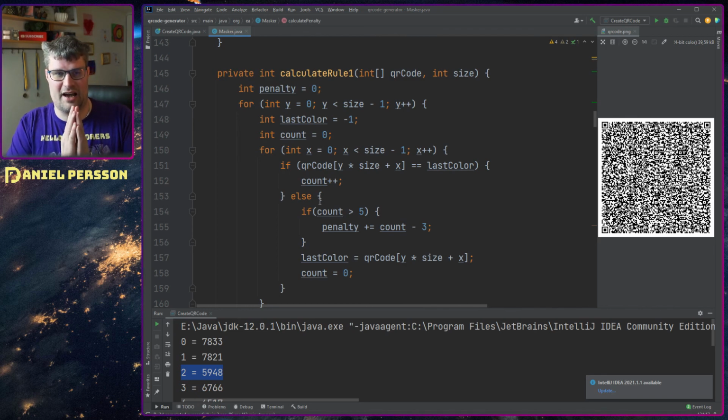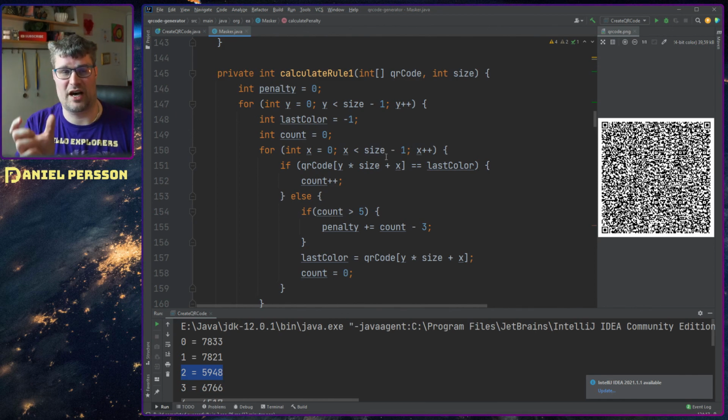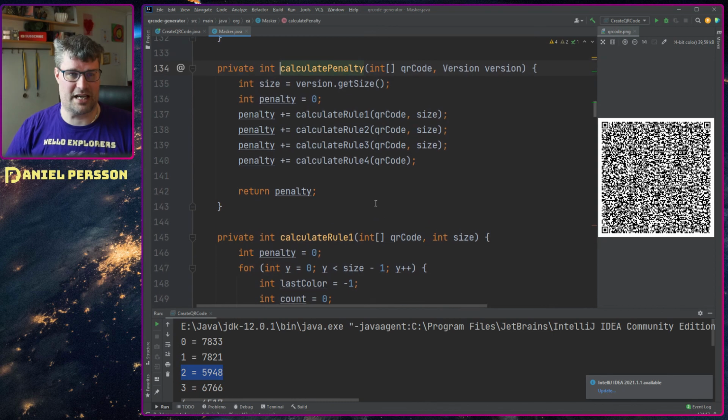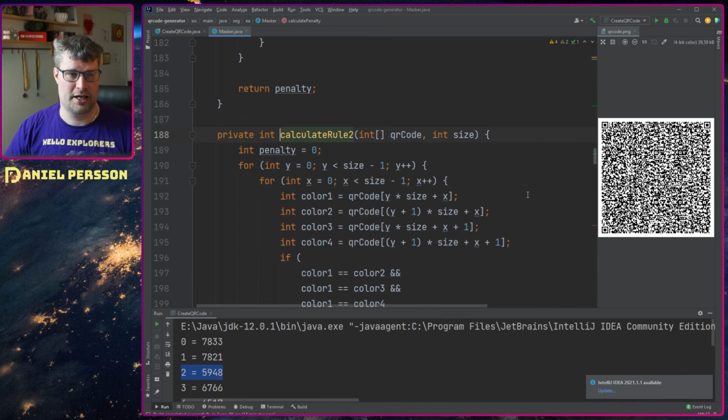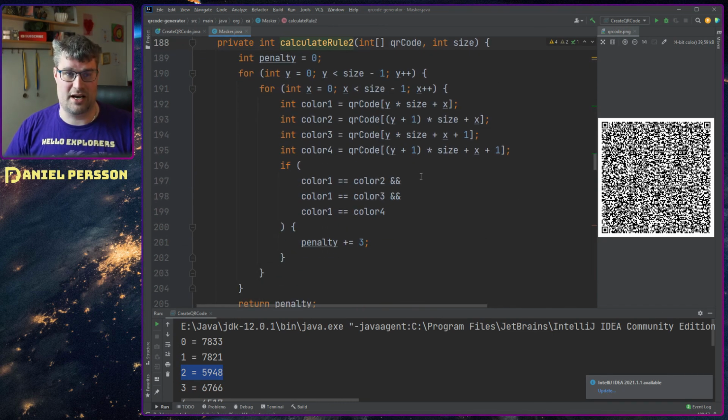So in every module over 5 will get an extra penalty added to it, and the first 5 will get 3. So that's the first calculation rule that you need to do. Calculation rule number 2